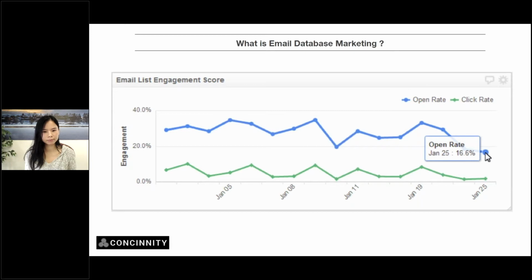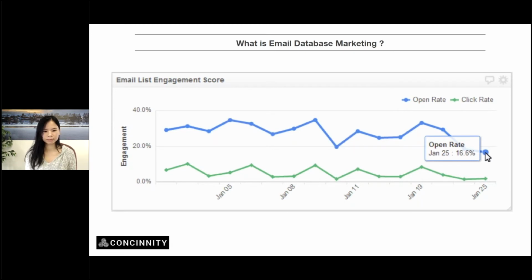But basically your open rates are anywhere around 20% to 30%, based on how big or short your list is, or which geography or which domain your business is in. It will vary, but usually it should at least be around 20 plus, right? Open rate basically means the number of people that open the email. So if you send an email to 100 people, and 20 people open the email, that's your open rate.